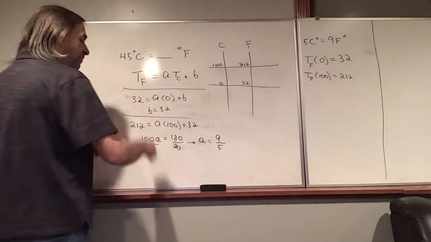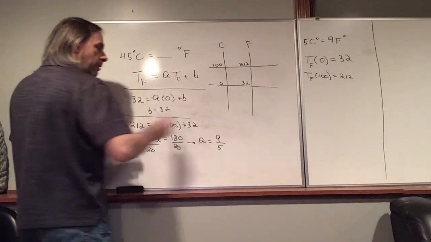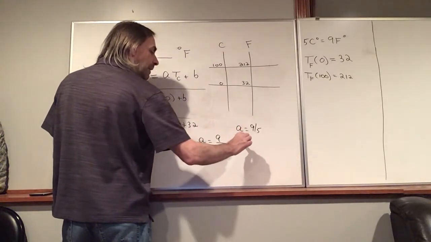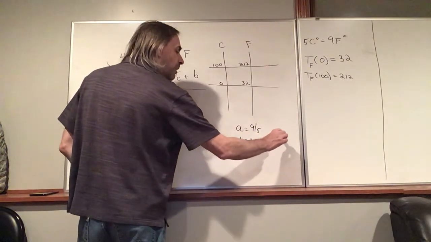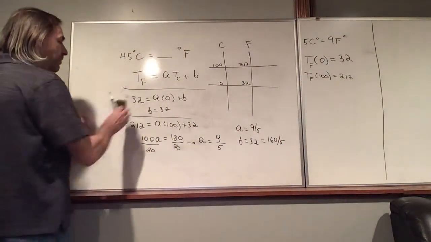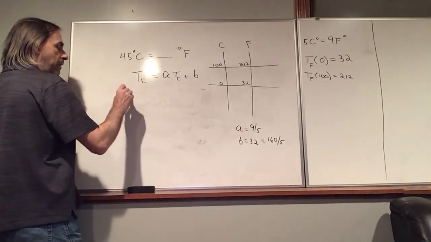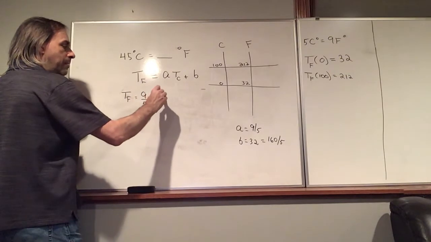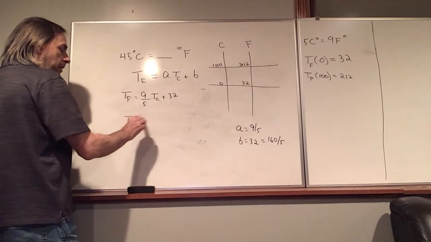Okay, so now we can fill in these values. Different ways we can write this. We can write it as a fraction. You're going to write this over here. A equals 9/5, and B is 32. If we want to, we could write B as 160 over 5. If you multiply 32 by 5, you get 160. And so now we can write our equation kind of in two different ways. TF is 9 over 5 times TC plus 32,